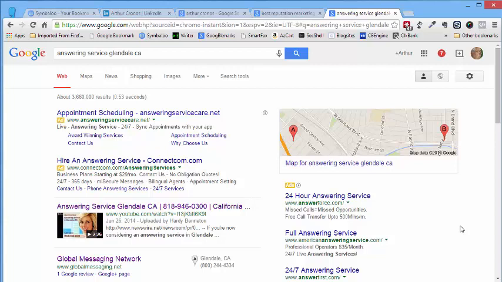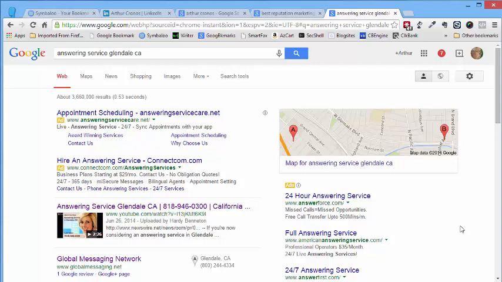restaurants. Like, let's say someone was thinking about starting a restaurant and they wanted to know about how to hire personnel. They might put restaurant personnel. That is not a buying keyword. So showing up for your restaurant, if that's what you have, would not be of particular benefit. But if they're looking for best restaurant, best barbecue restaurant, best hamburger, that's a good time to show up. One of the good things is that often when you set it up for best answering service Glendale, California, you will also begin to show up for answering service Glendale, California, answering service Glendale, and so forth.